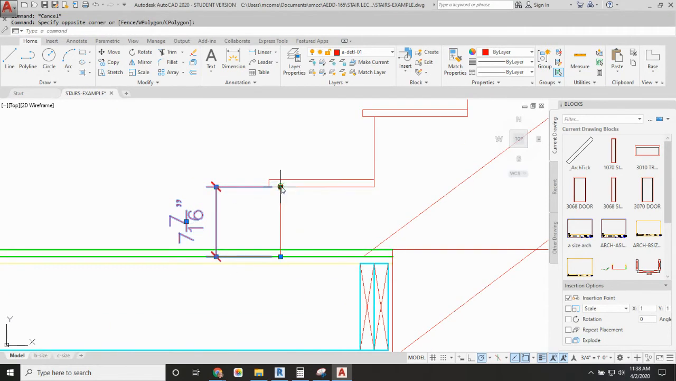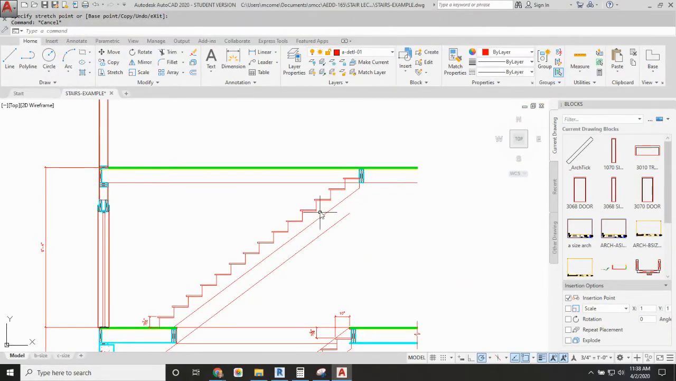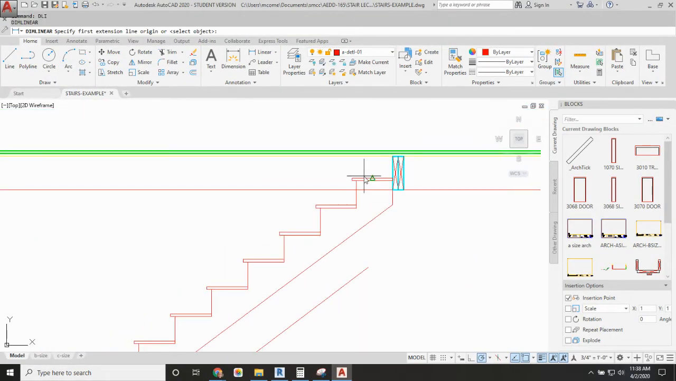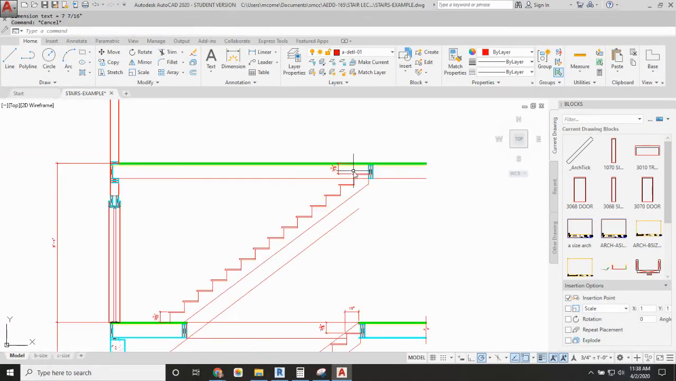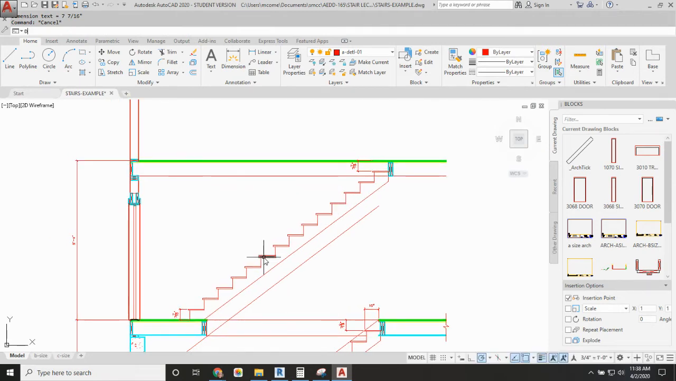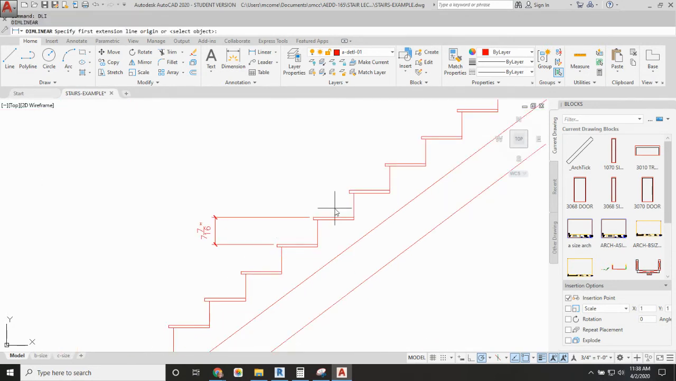Fix the dimension down here, 7 7/16. Do another dimension up here, see if it comes out to be the same. That's going to go to the top of the finished floor like that. And just check somewhere in the middle, but we know it's right because we did it with AutoCAD. The AutoCAD did our math for us. And then check any one of the